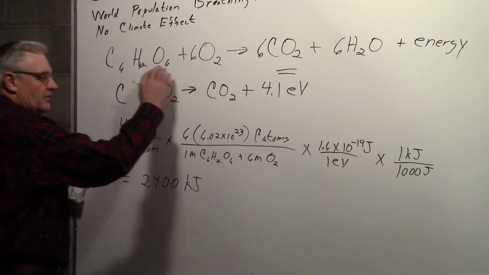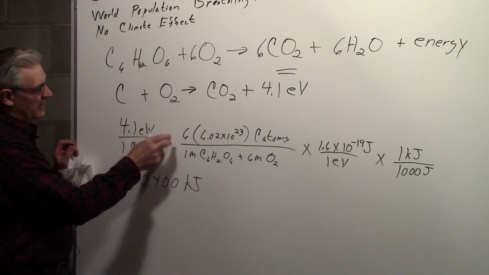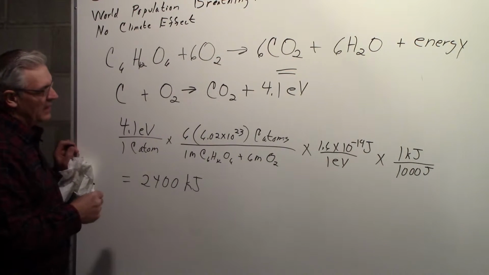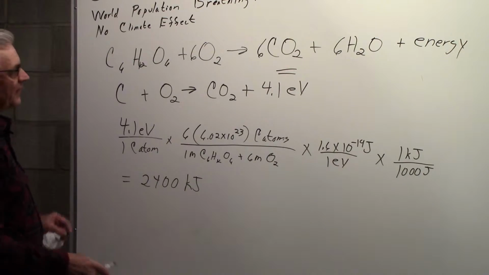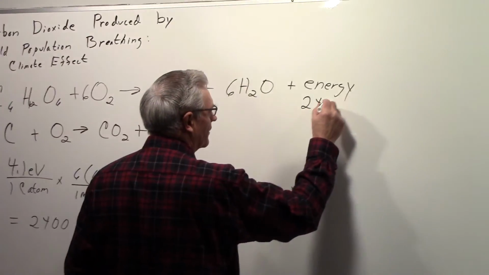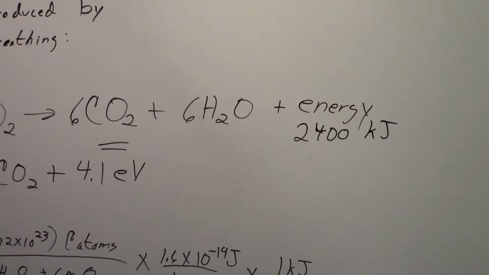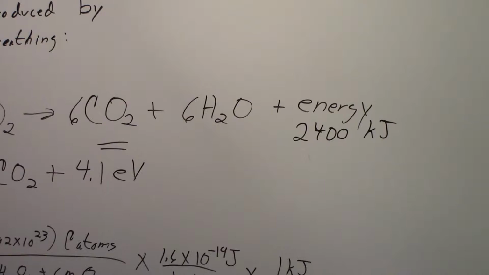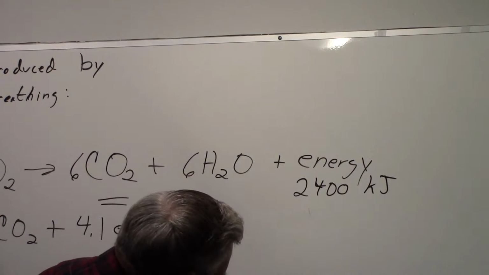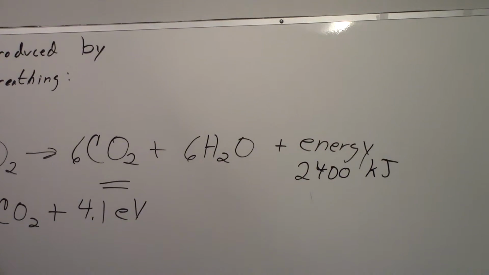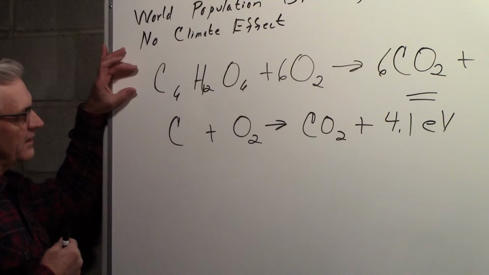And if you look it up exactly for this expression, it's more like 2,800. But I think it's more fun working it from here, realizing for each carbon atom that interacts with the oxygen, you'll get 4.1 eV. So we get 2,400 kilojoules. So we're going to keep that number. So this energy over here is 2,400 kilojoules. Now, we need to take a look at how we can convert an intake of the sugar to